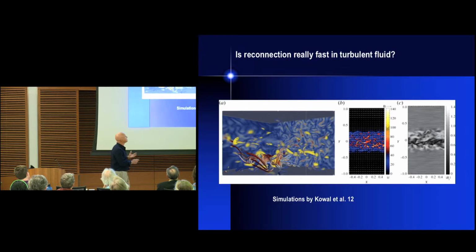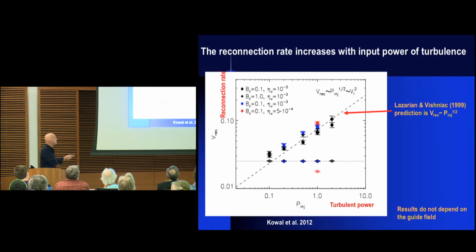We had intensive numerical simulations. I'm not going to talk about this extensively, but there is a numerical simulation by Grzegorz Kowal, which proved the concept of turbulent reconnection. These are, for example, our predictions, and these are results of numerical simulations, because in our model the reconnection depends on the intensity of your turbulence. If you increase your intensity, you increase the reconnection rate. So there were other ways to test the concept.